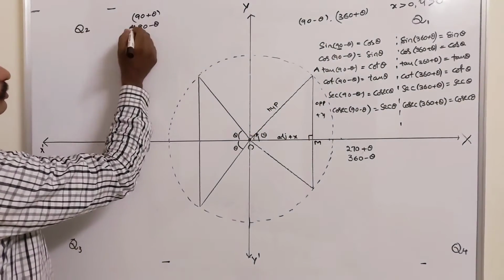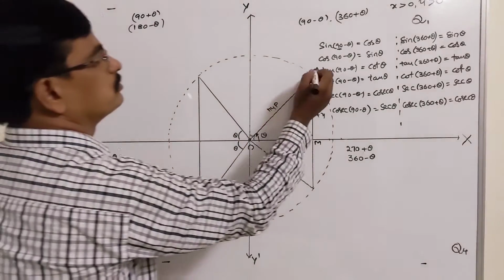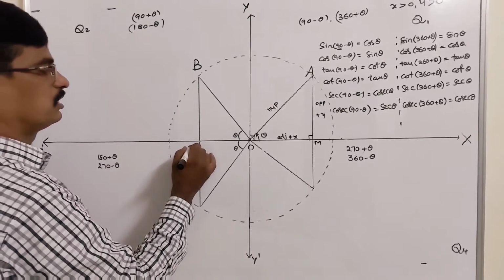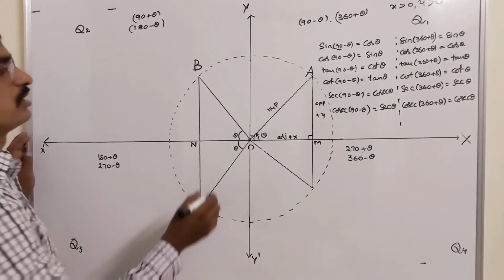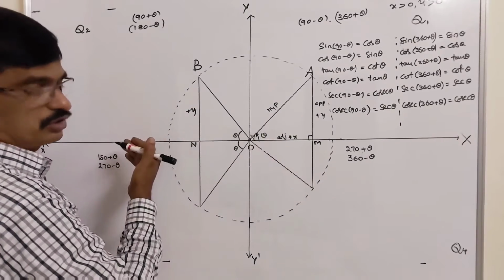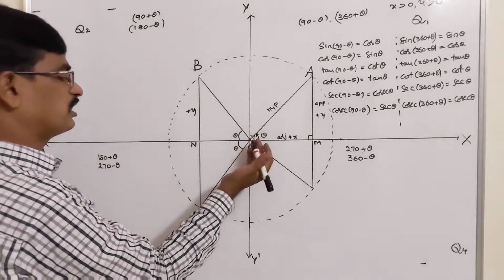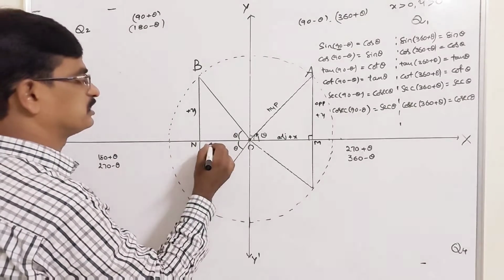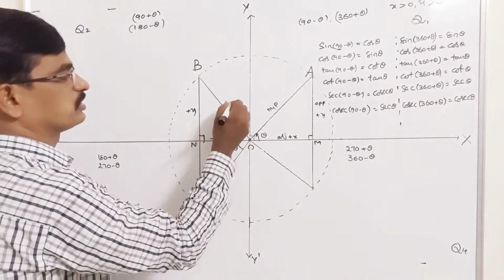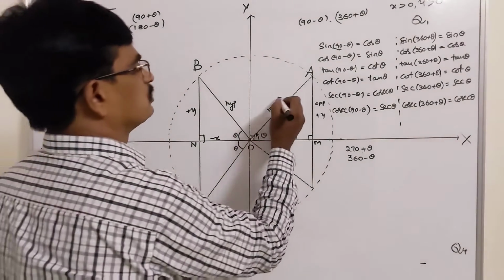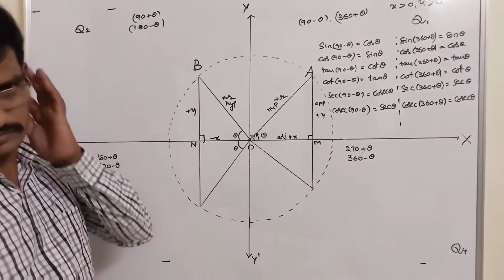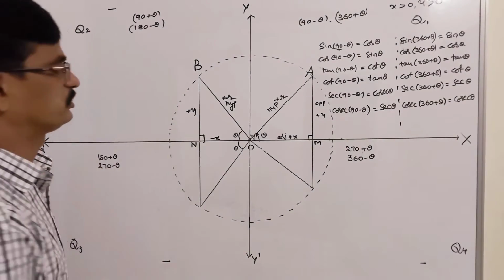Now when it comes to quadrant 2, in quadrant 2, let it be B. This is N. Okay. Here the vertical length is positive. Left of the 0 in the number line is minus. Similarly here left of the origin on the x-axis is minus, that is minus x. Okay. And here the right angle is there. This one is the hypotenuse. This is plus r. Radius of a circle can never be negative. Okay.